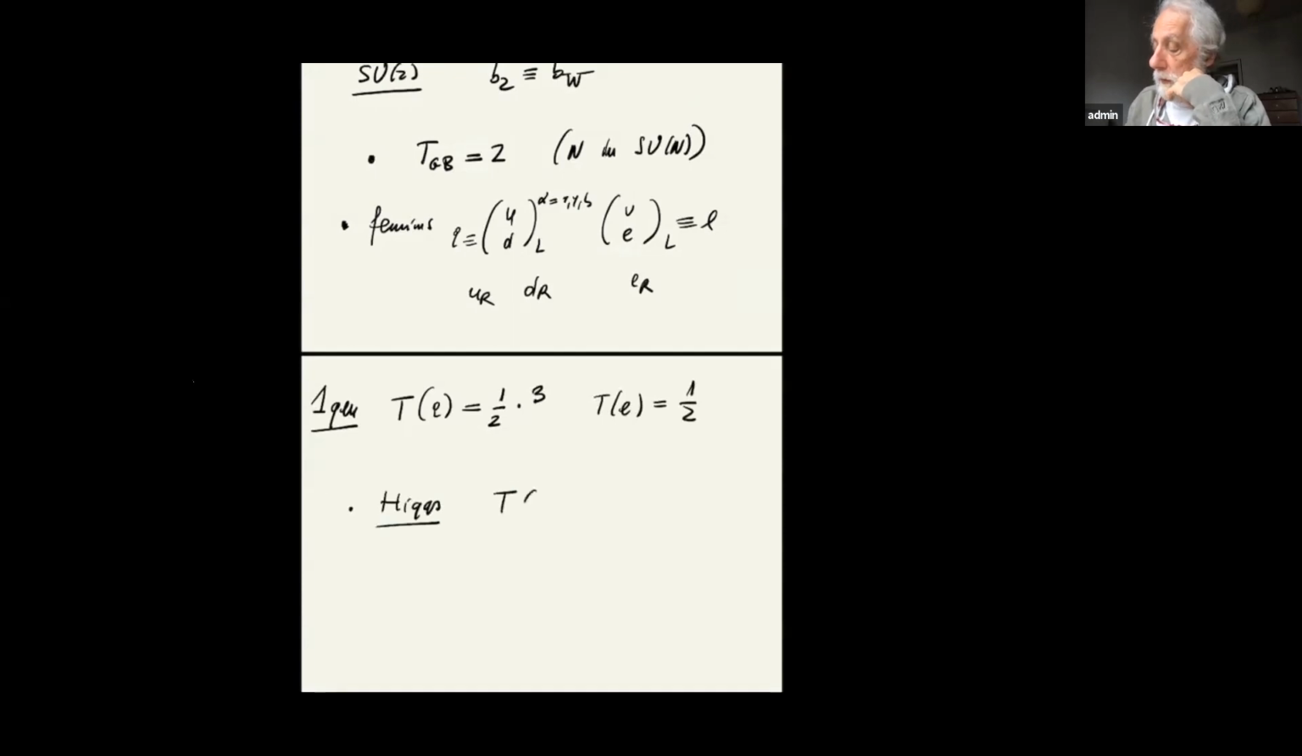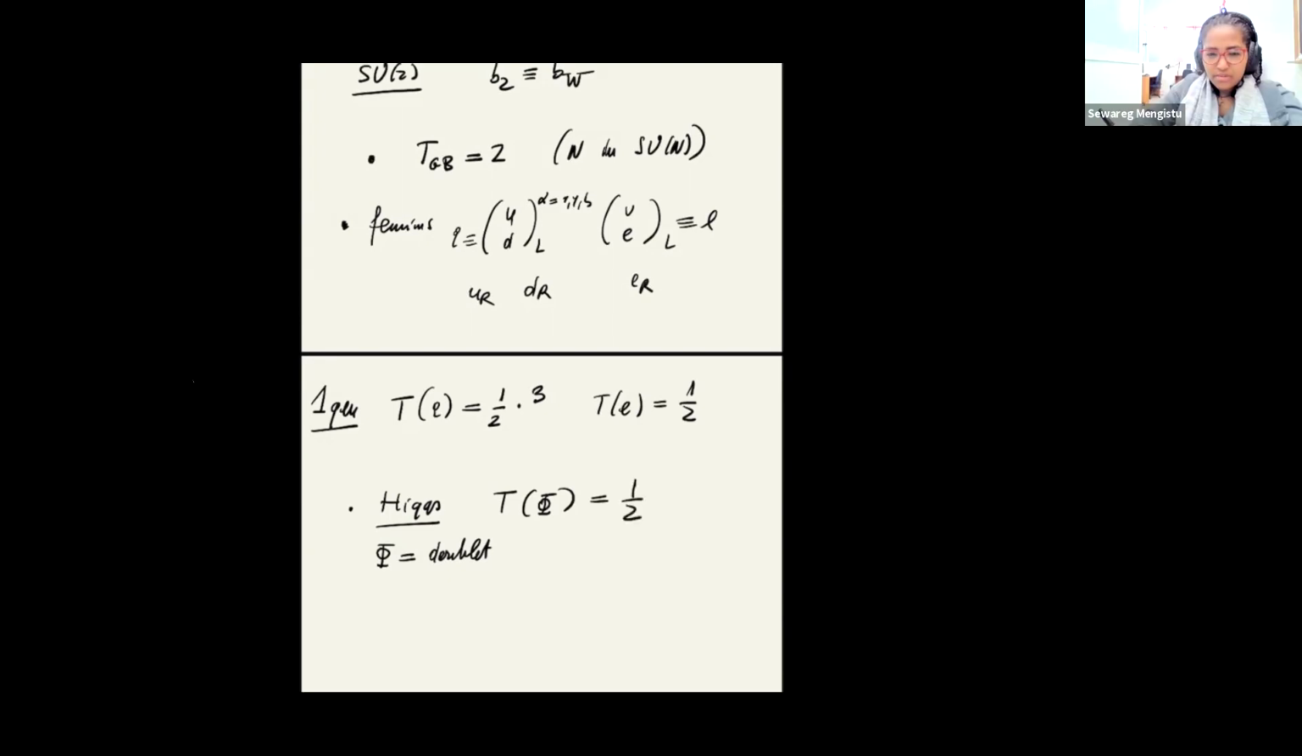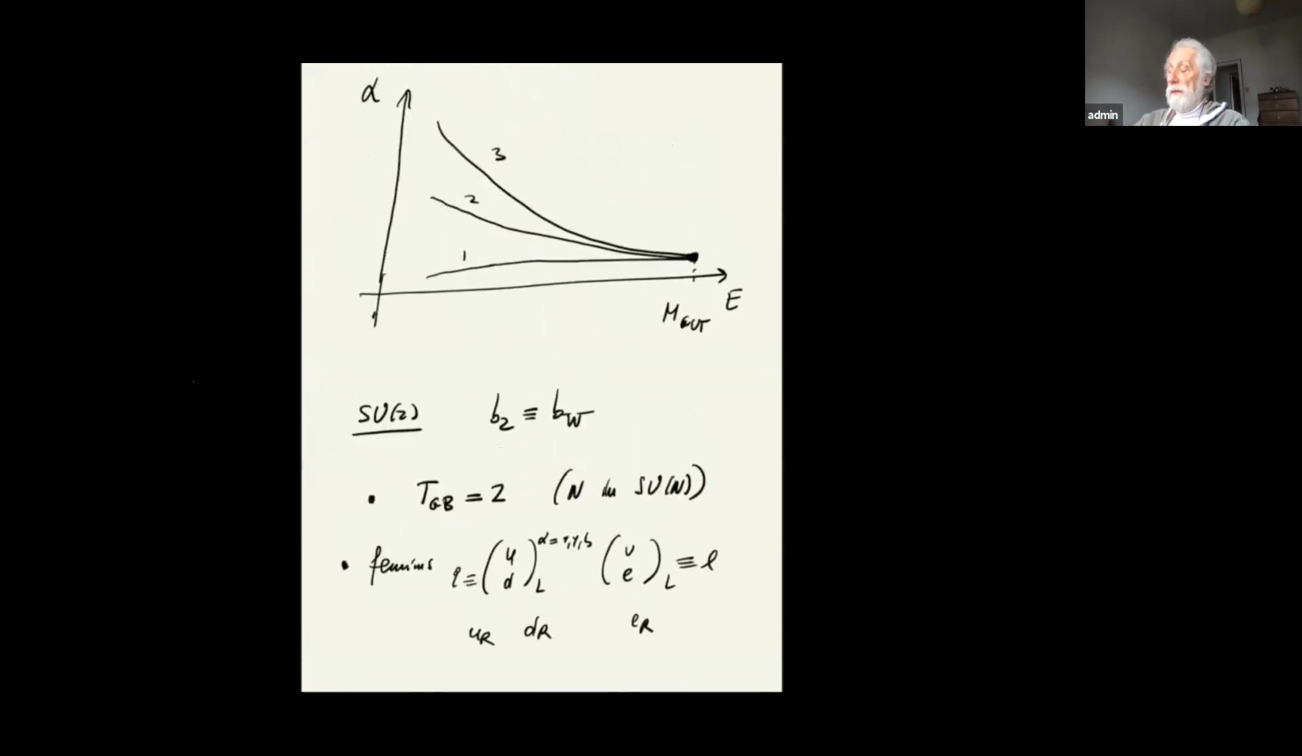What is T of the famous doublet? What is it? Half. Every representation has the same numbers. It doesn't matter whether it's a fermion or a scalar or whatever in the world. Even if the gauge bosons were a doublet of that gauge group, you will put 1/2. The formula says